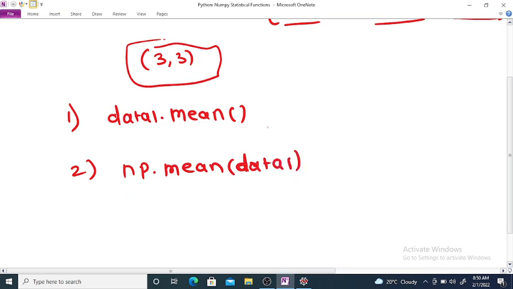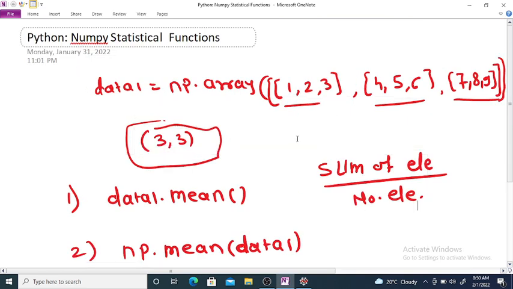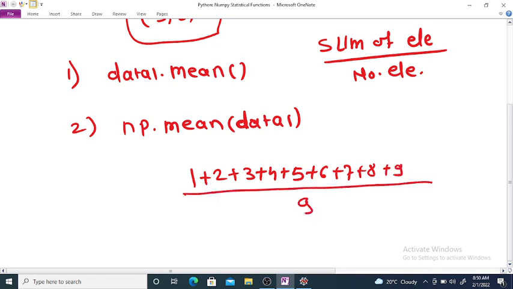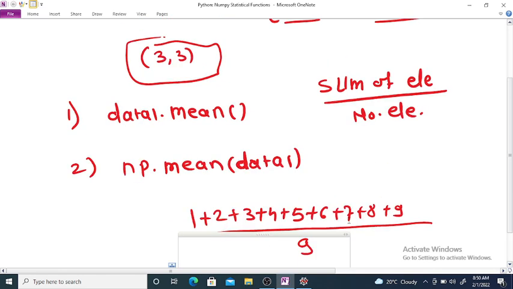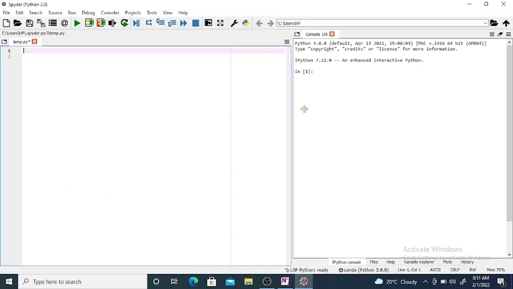What is the mean? Mean is nothing but the sum of elements divided by the number of elements. In this way we can find the mean of this matrix. So what is the sum here? 1 plus 2 plus 3 plus 4 plus 5 plus 6 plus 7 plus 8 plus 9, divided by 9. If you try to find this mean in Python, then